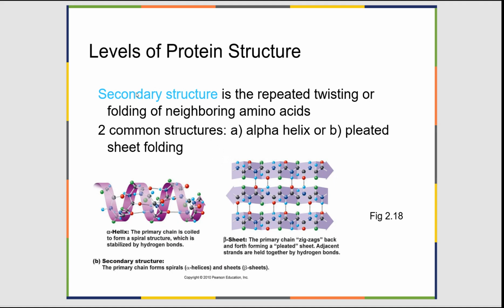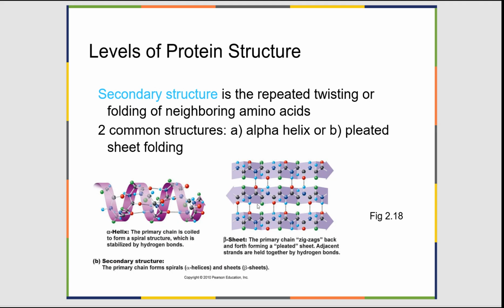Okay, so the amino acids are then going to start twisting or folding together, and this is going to create a secondary structure that's either going to be an alpha helix, which is circular, kind of think of the DNA, right? Okay, an alpha helix, or a pleated sheet. So if you take a piece of paper and just start folding it back and forth, that's going to be